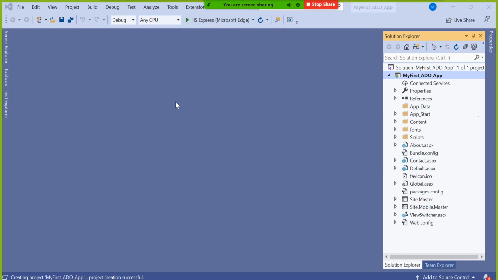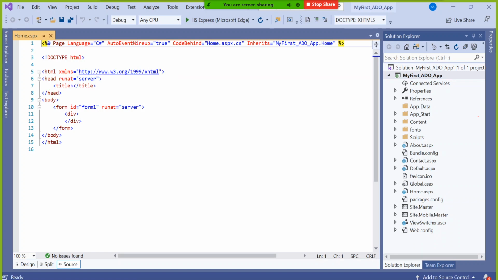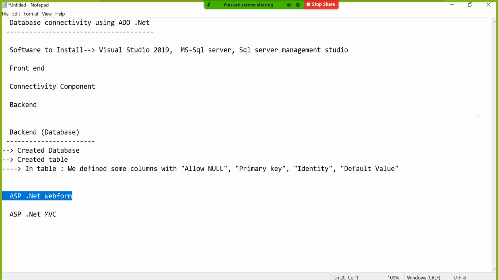That means my page name is home.aspx. Can you see? .aspx is the extension of web form. So just to implement the ADO.NET knowledge, database connectivity knowledge, we are taking this web form approach. Extension is .aspx.